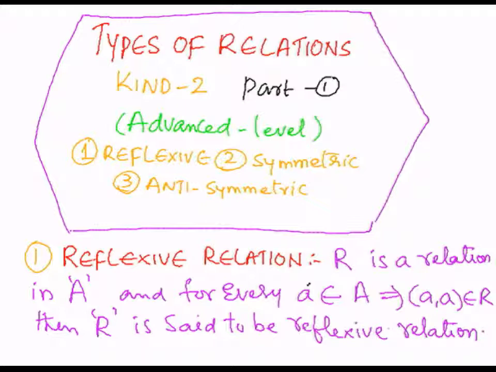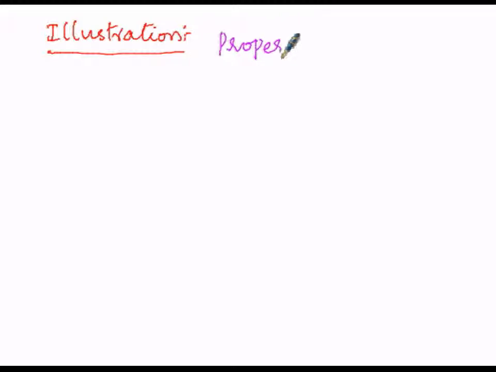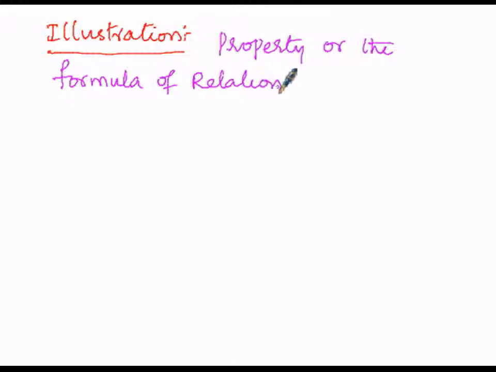So here, illustration. In our illustration we are going to consider the property or the formula of the relation, when we suppose the relation as R, as is equal to. So in this particular case, the relation R whose property is is equal to,